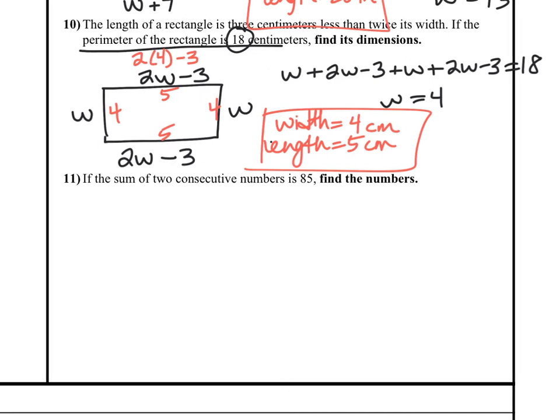Okay, the last one, this is a consecutive sum problem. It says the sum of 2 consecutive numbers. So when I say consecutive numbers, I mean these numbers are